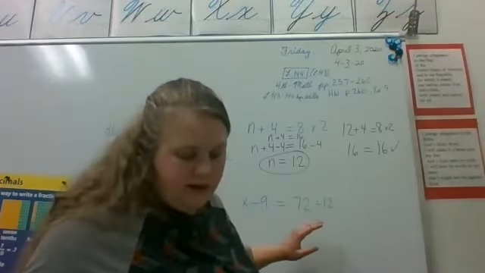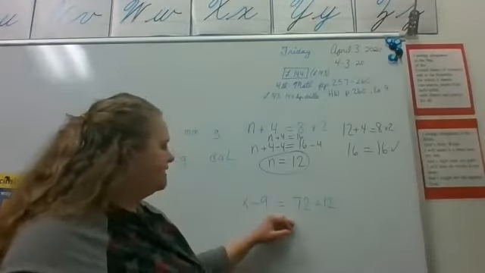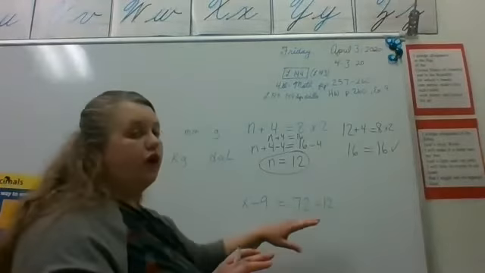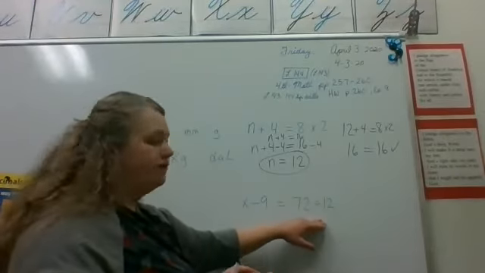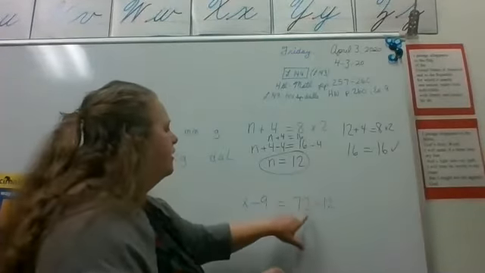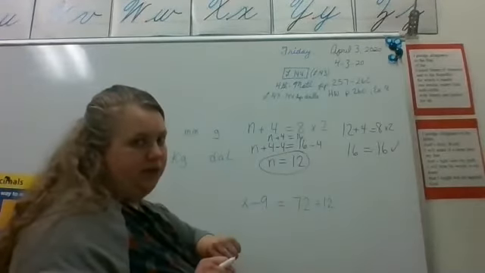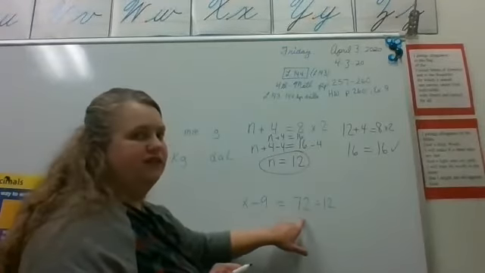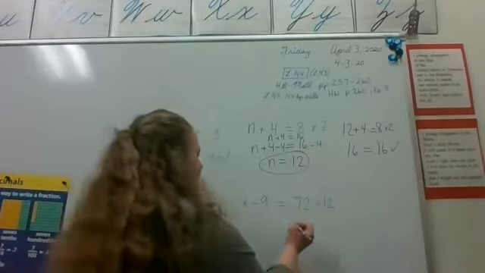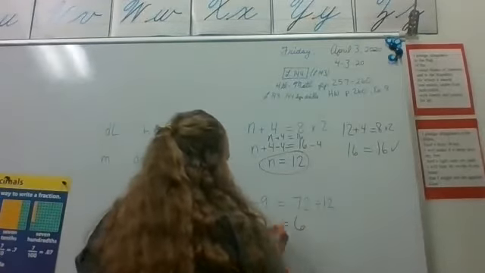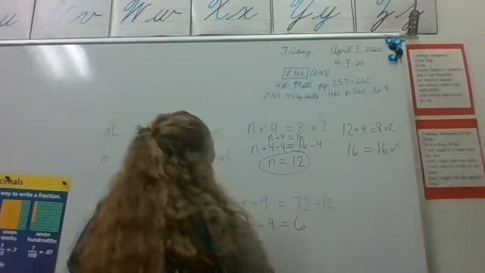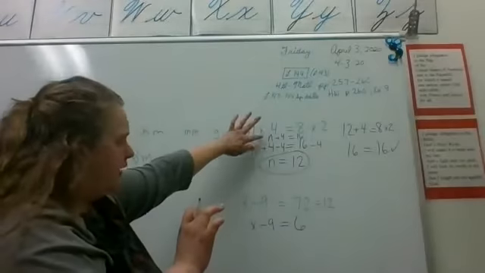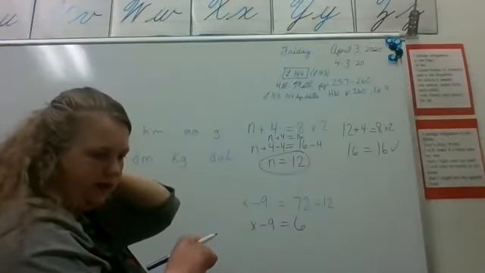So, x minus 9 equals 72 divided by 12, okay? We're going to solve the side without the unknown number, 72 divided by 12, okay? What is that answer? Anybody remember? Okay, it's in our 12s. 72, it's 6, okay? 6. And we're going to rewrite x minus 9, okay? Equals 6. All right, I'll do it the way that the book is showing, just so we have that all,